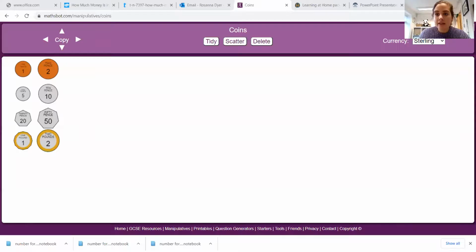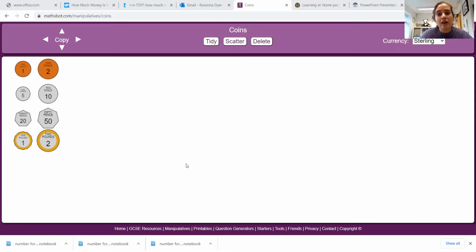I just wanted to show you something. We're back for our third lesson on money, and I wanted to show you something today that you can use to help you explore, because I know in school we've got pretend money for the children to move around, but it's difficult at home. So if we go back to our MathSpot website under manipulatives, there are actually coins on here that you can use to explore if you're exploring the different amounts or you need multiple numbers of a